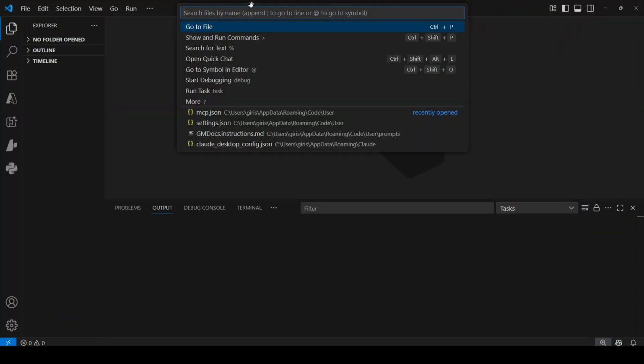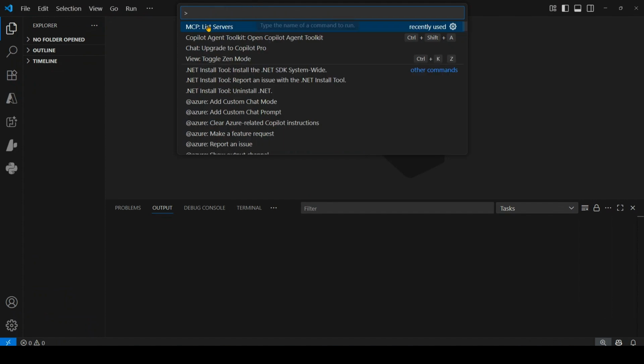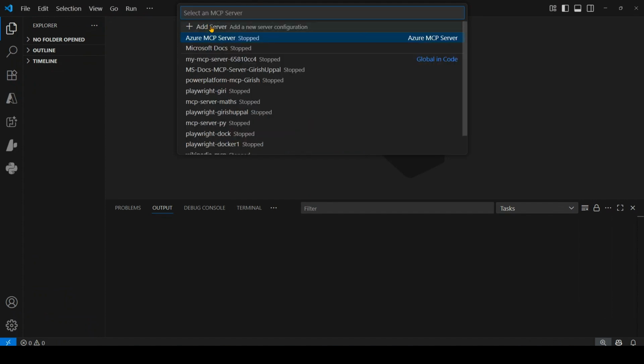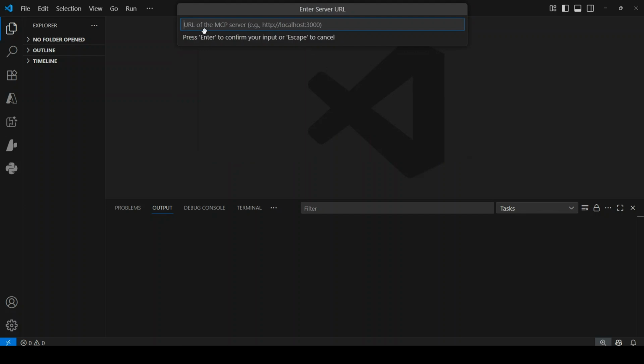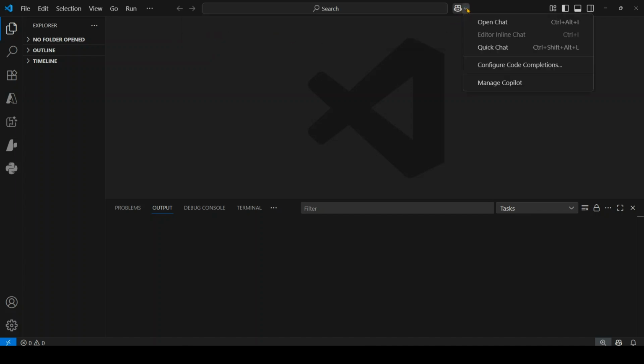Now here, angle bracket, MCP list servers, add a server. And this time we are going to use HTTP. If I click on HTTP, here we will type in the URL. So I'll just paste the URL, learn.microsoft.com API MCP. Press enter. Now, I will not install it now. Let me first go into the Copilot, the GitHub